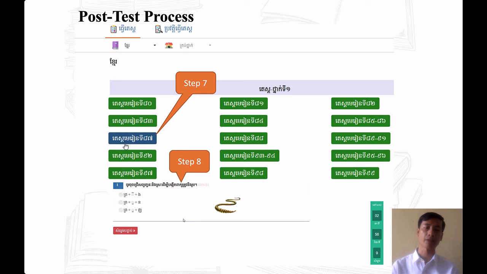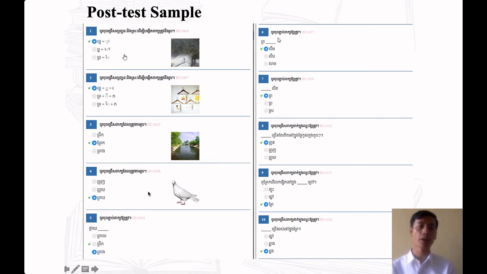Okay, here is step number 7. It means the student needs to do the practice here. I mentioned it as a pre-test. Okay, this is a sample of the post-test. For the student, items 1, 2, 3 are matching combined words, and 4, 5. Number 6 is combining two words to match the word, and 7, and 8, 9, and 10. This is activity number 4 for the student to practice completing the word in the sentence.